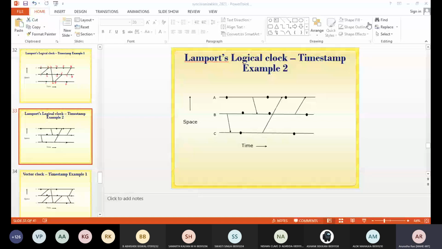So Venkata also has sent 1, 2, 3, 4, 5, 6. Yeah, some people are at least interacting. That is good. Venkata, it is A 1, 2, 3, 4. It should be 1, 2, 3, 5, 6, 7. Nishan has sent correctly.